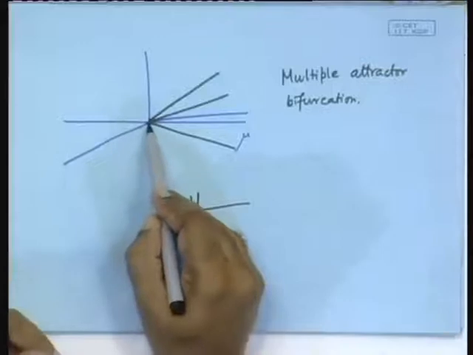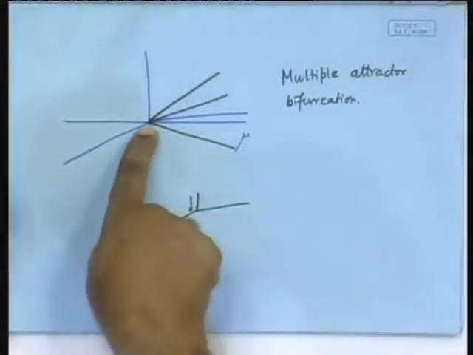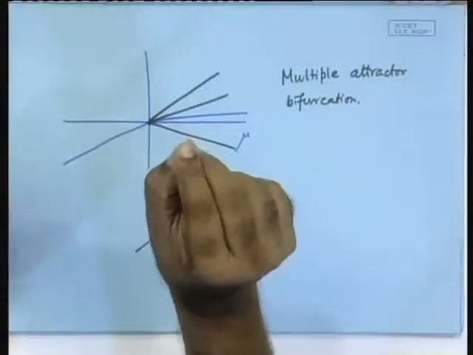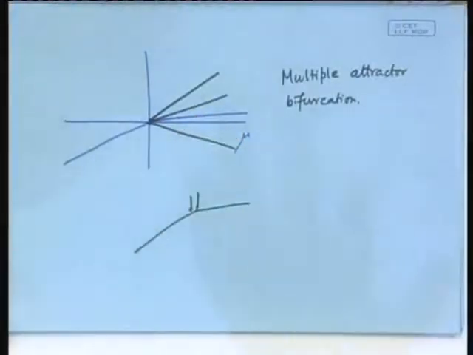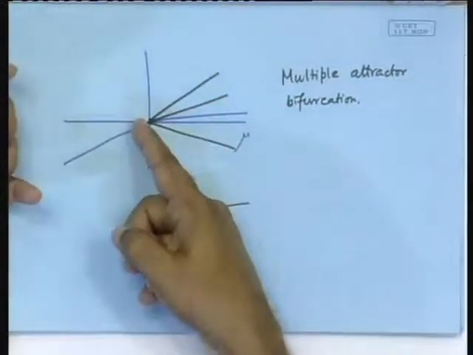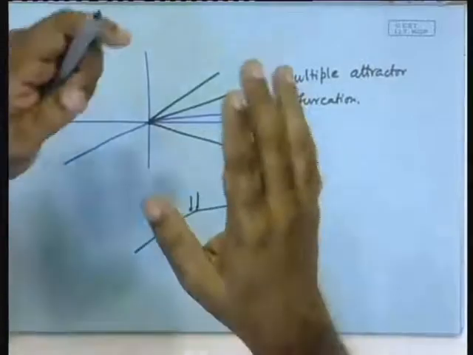That means as you go arbitrarily close to this point, there is another attractor at infinity and its basin of attraction comes arbitrarily close to the fixed point. So, even though if you just look at the fixed point and keep on obtaining its Jacobian, you will find the fixed point is stable, you are happy, yet its basin of attraction collapses to 0 at the point of bifurcation. That is called a dangerous bifurcation, because normally in control theory the eigenvalues are understood to be the indicator of stability, and here is a situation where the eigenvalues give no indication of the stability.